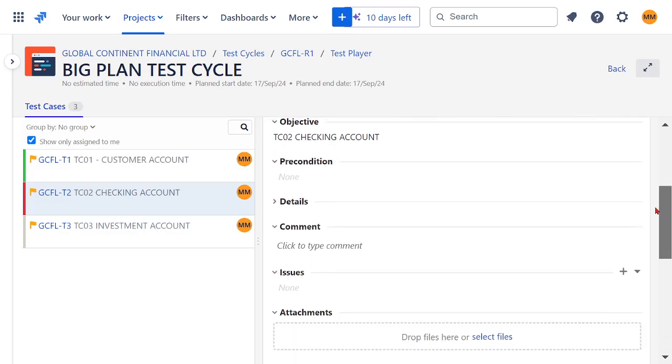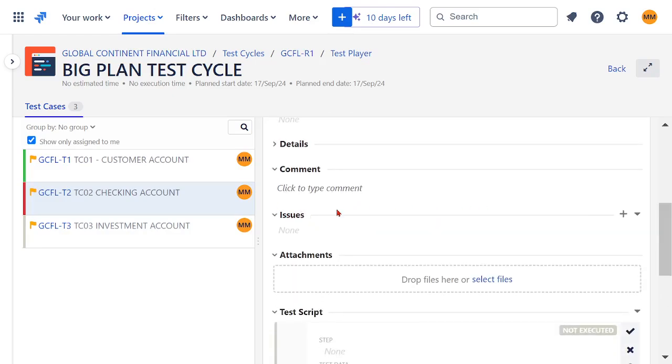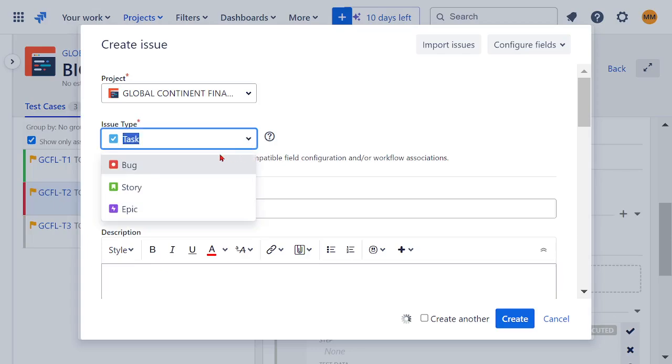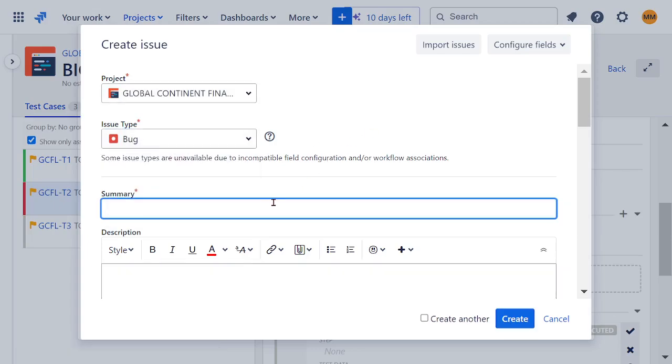In this case, you need to open an issue here. Create an issue. The issue will be a bug. You need to assign an issue name. Let's say customer billing is incorrect,